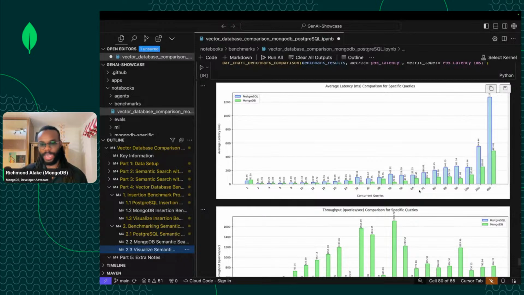as we go into typical sizes of AI workload. And in the x-axis, what we have here are concurrent queries. And what this is, we're actually sending queries to the database at the same time. So here we have 16 queries to the database at the same time. I will show you how this notebook is structured, what the queries are composed of, and even the data set. So the average latency, how quickly can I get my results back? Very important